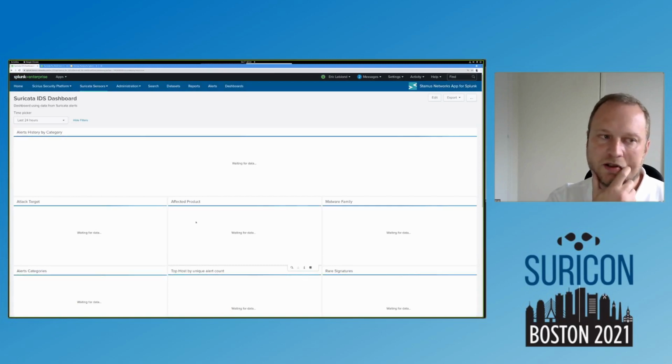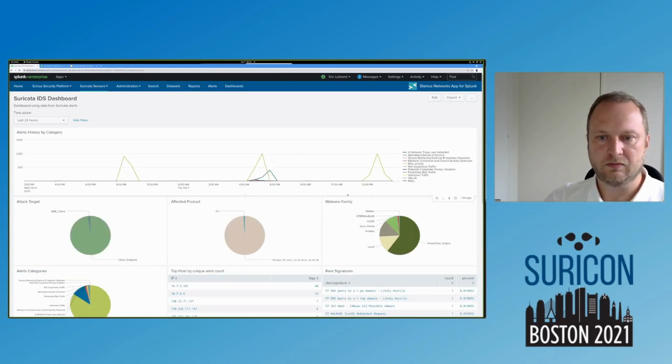We start really classically with an old school timeline where we use the category inside the signature to display the trend over time. Something that we are doing below that is a bit more interesting is to use the metadata that we now commonly find inside the signature and that appears in the JSON, to have a better classification of events with more information.